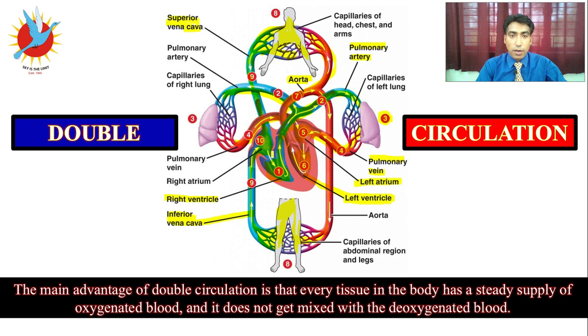So from here it will transfer down to the right ventricle, from where the blood had started its journey. So in this way blood completed one circle, but during this completion it reached the heart two times, one in the oxygenated form, and the second time it reached the heart in the deoxygenated form. That is why it is called the double circulation.